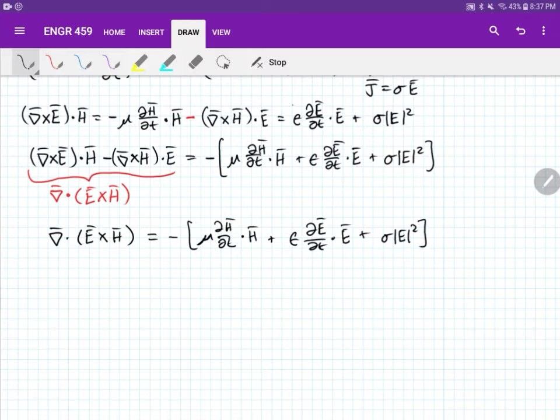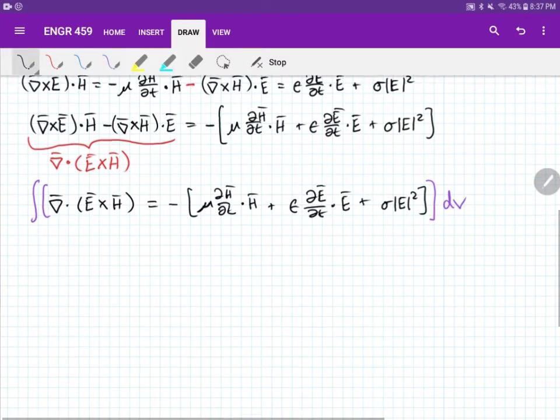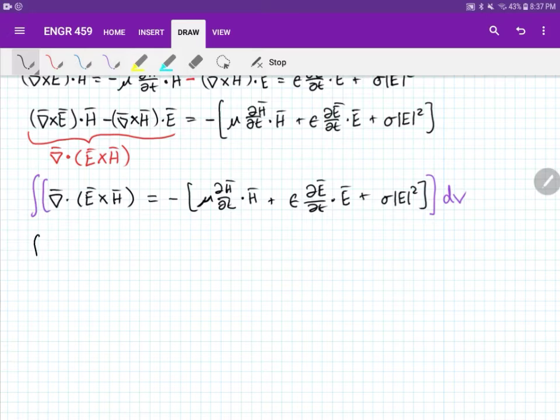Alright, and now look at the left side. We can see something similar to the divergence theorem, so we're going to apply the divergence theorem. We take the volume integral of this entire equation, which allows us to write the left side as a surface integral of E cross H, and we can then write the right side as a minus